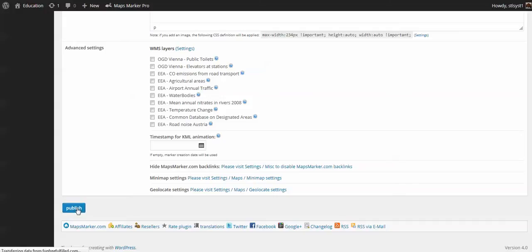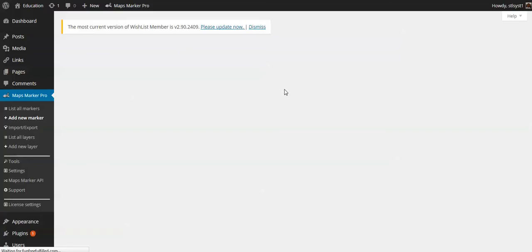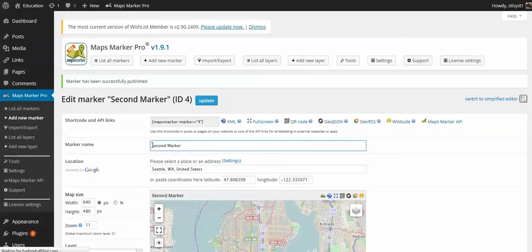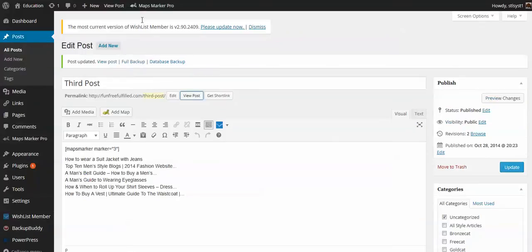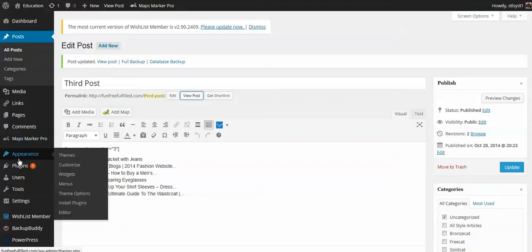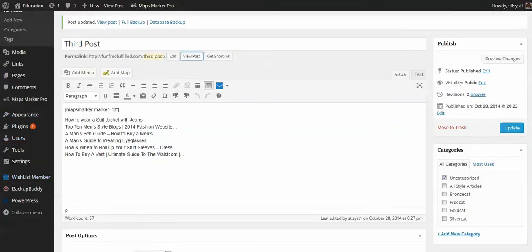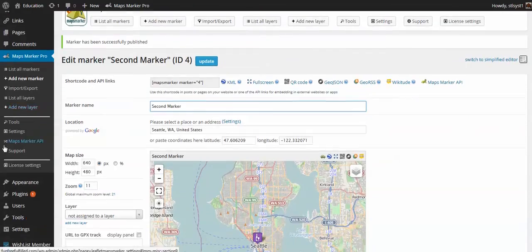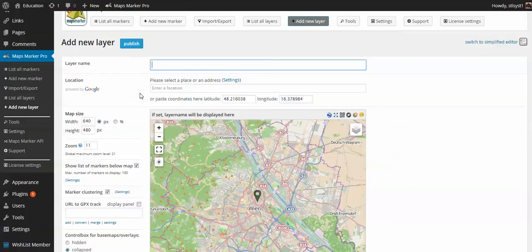Okay, so we've got it published. What we want to do is create a new layer. And the new layer will unite several markers. Okay, so let me show you that. For example, add new layer here. Let's click this button. We call it first